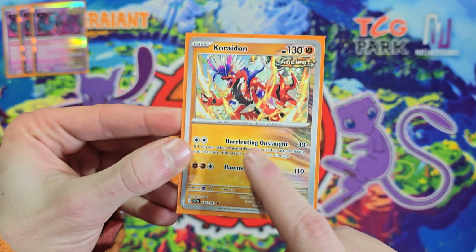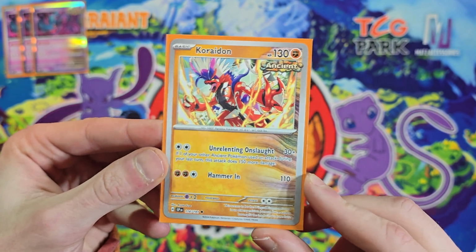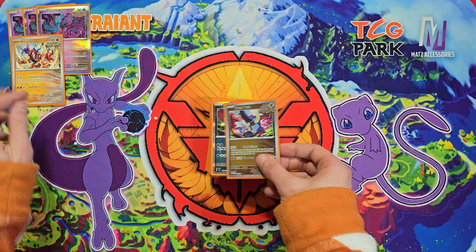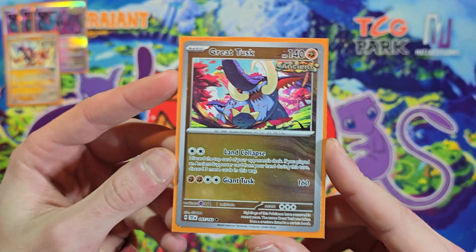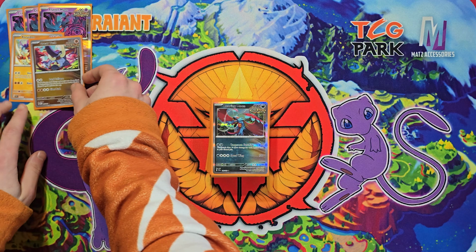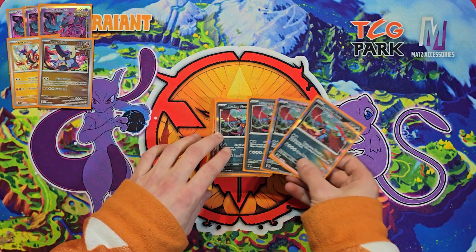This is the new Vaaraiant with this new attack, Unrelenting Onslaught, and basically does 180, and it's a fighting type, so that's not bad to disrupt the price rate. That might see some use in Raging Bolt as well instead of Slitherwing. Now, next up we have Greytusk. Of course, as I mentioned, we will have a lot of Ancient Pokemon because we need to discard a lot